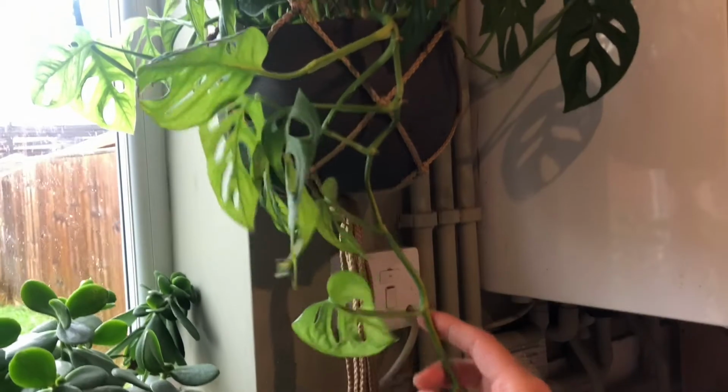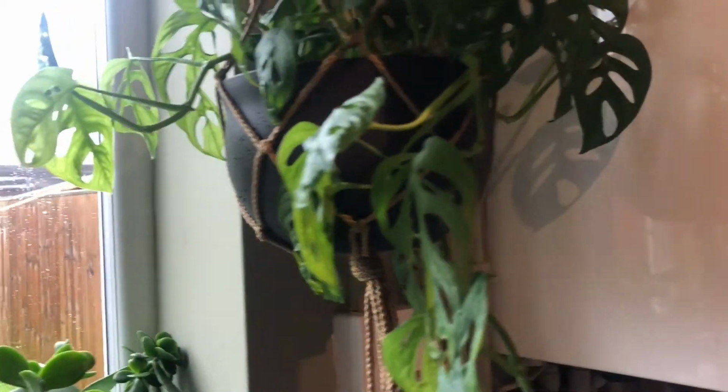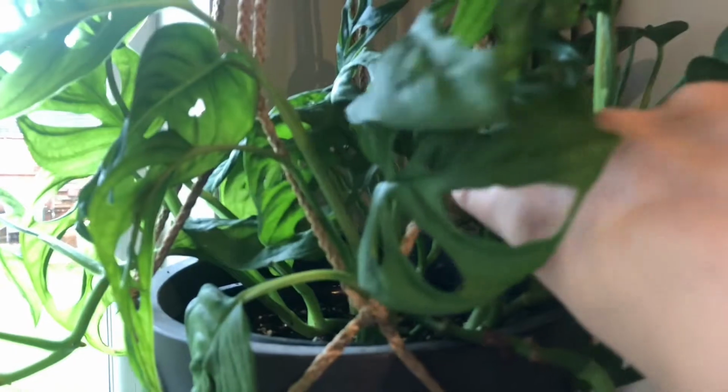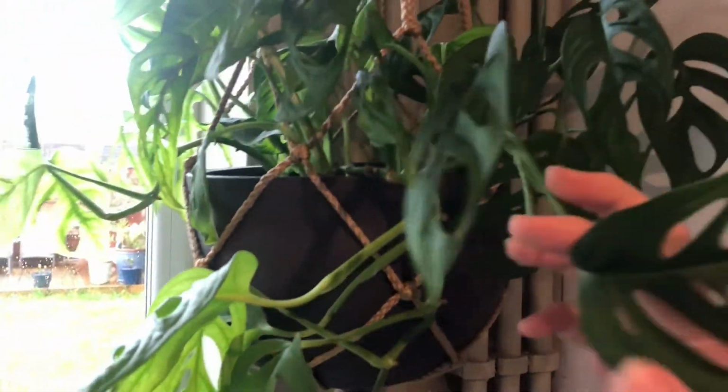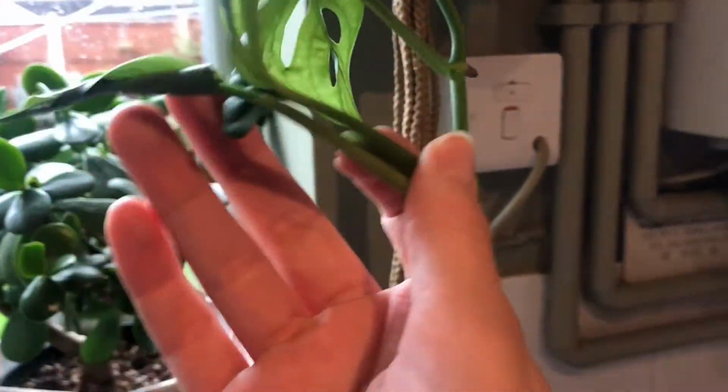So we've got 1, 2, 3, 4, 5, and then I think there's another 6th one back there as well. So that's 6 different growth points, which is absolutely insane. Yeah, as you can see, they've all got new growth coming off them, if I can focus it without it swinging around. So there's new growth on that one there, new growth on this guy down here, another new growth